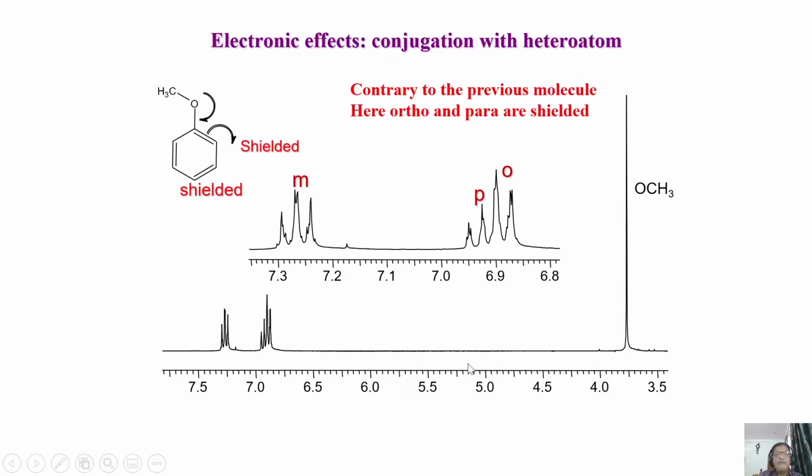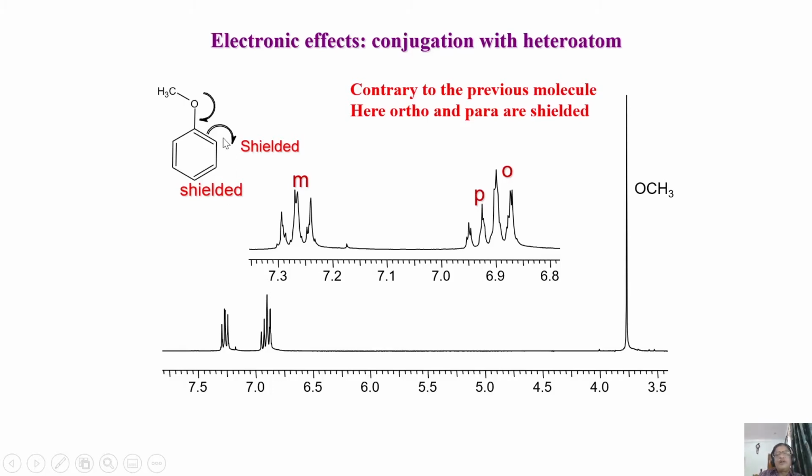Okay, the same thing, of course, if you put an OCH3 group. This also we saw when we understood the mesomeric effect with ethylene. One of the examples I took was where the symmetry was broken, which showed how an electron donating group and an electron withdrawing group affect the chemical shift during the mesomeric effect. That's what we saw. A similar example here for the benzene ring also.